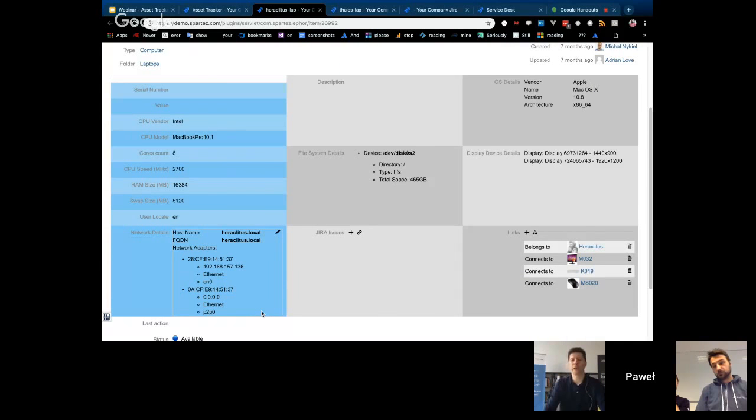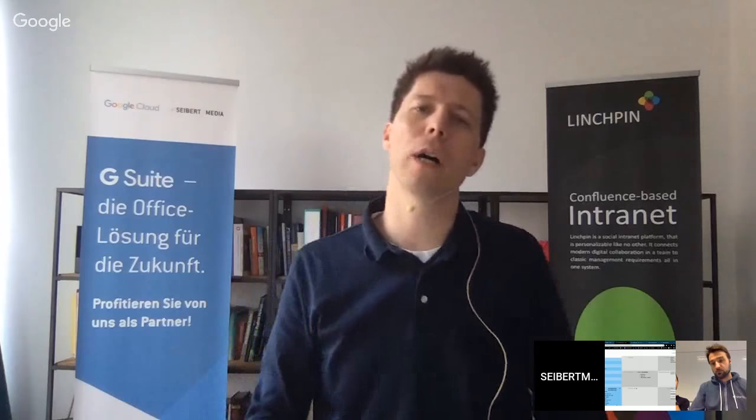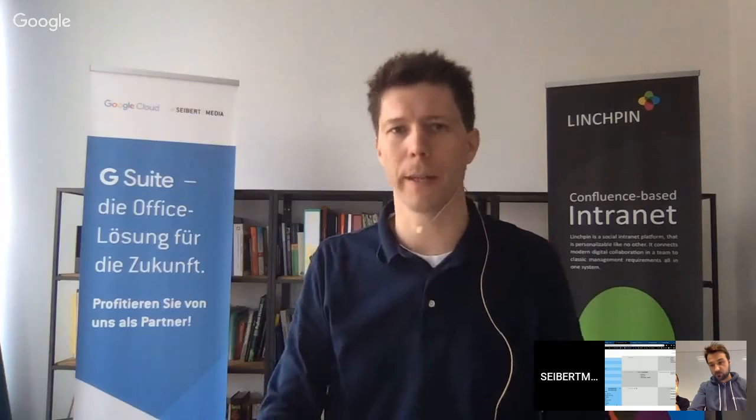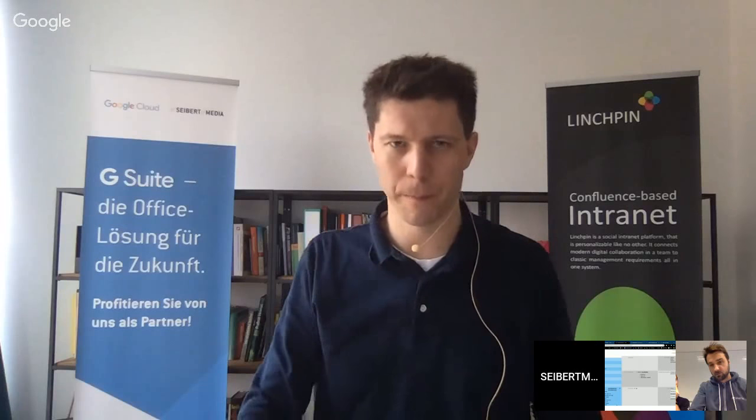And do you get this information from every standard PC for free, or do you have to have some SSH key or something to get it? You need an admin that can configure this. This is not provided out of the box, because your PC will not respond to this kind of query, and this is good, because this is security. Yeah, exactly, that's why I'm asking. So how difficult is it for my admin to configure my PC so that it will answer your Jira asset questions? I can do that. It's not sophisticated, but some basic level of knowledge about administrative systems is required. I won't lie to you.